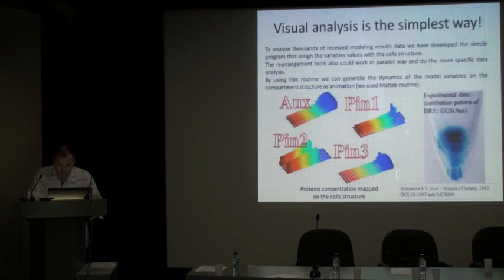After result preprocessing, we obtain data that are suitable for visualization utilities like GNUplot or MATLAB. So we can see the variable values spread over the cell structure and easily compare them with the experimental result. And we can even obtain the variable spread dynamically as an animation. This is MATLAB, for example. So, as I said, you can get more information about the model